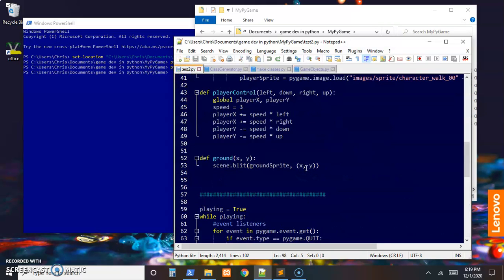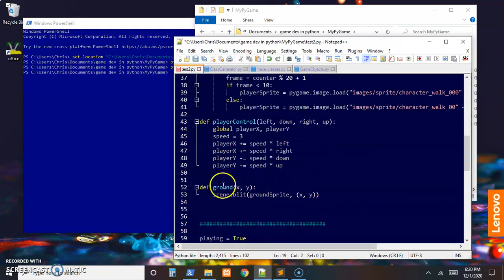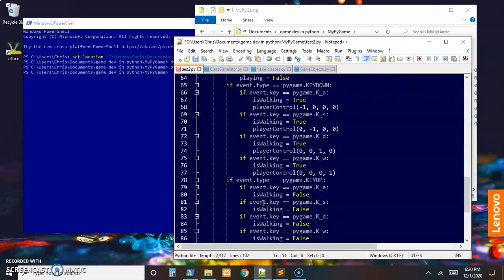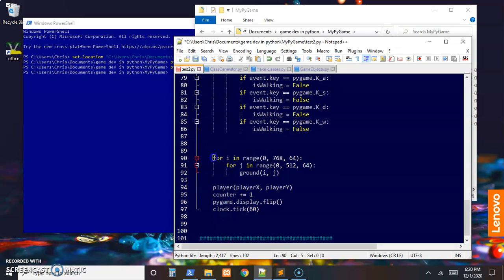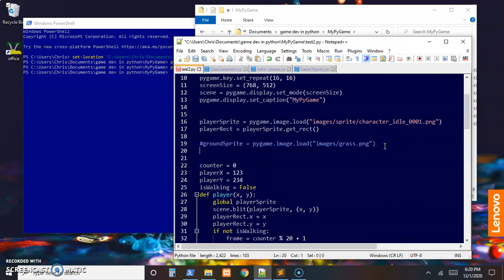So we come back over to our test game. We should be able to comment some stuff out. Won't need a ground sprite. Won't need this method that just blits the sprite on the screen, and we won't need this loop. And we're going to replace that. Instead of a ground sprite, we'll have a ground object. Ground equals a Background2D,